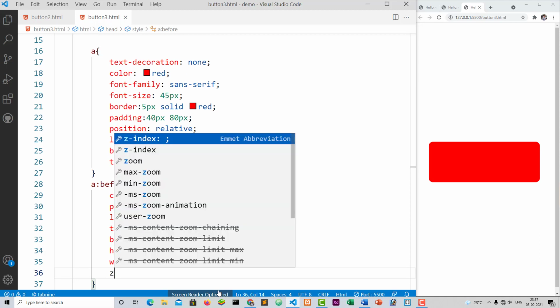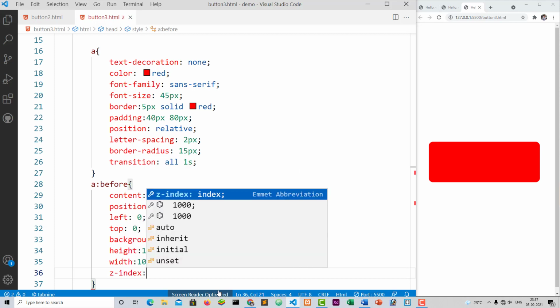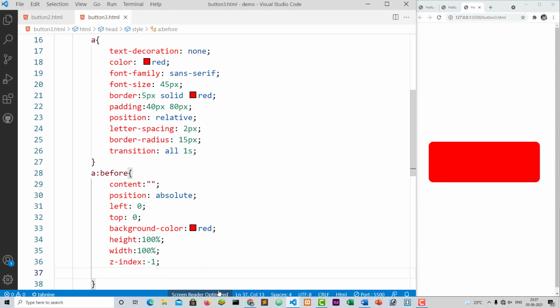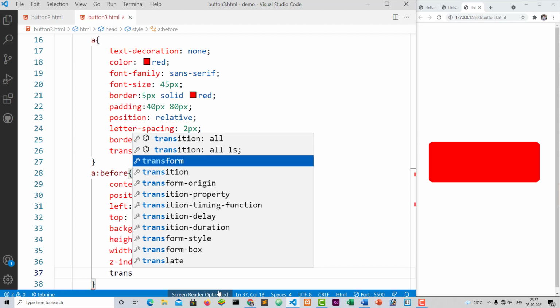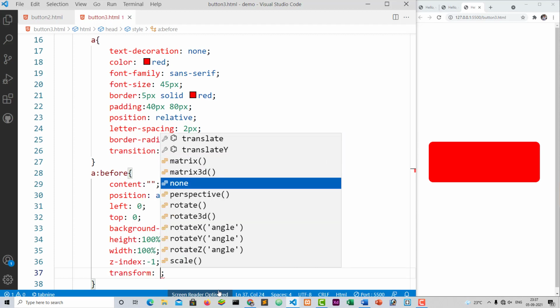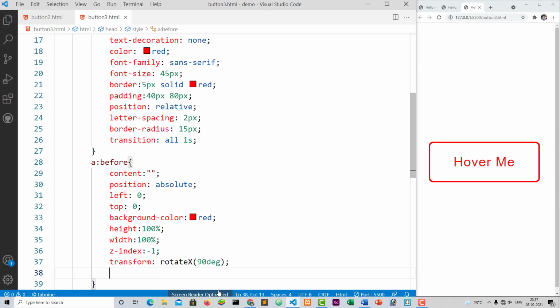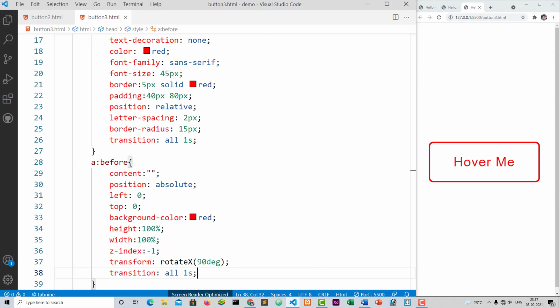Apply the z-index property and its value to be -1 so that it goes behind the anchor tag element. I apply the transform property to rotate in horizontal direction to 90 degrees, that is, use rotateX to 90 degrees. Also apply the transition effect to all properties for 1 second so it gives a smooth effect.